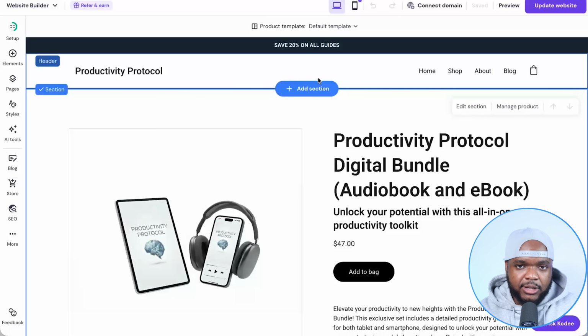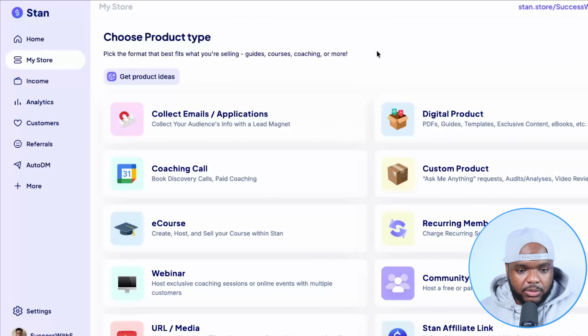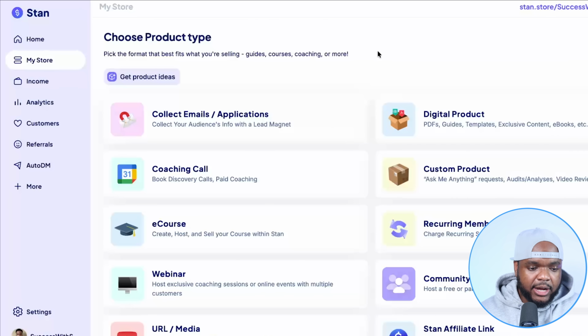sort of an info related product, is going to be StanStore. So I found StanStore to be really beginner friendly. Literally, when you go onto it, you're going to be able to get a 14-day trial. And if you wanted to list any one of these different types of digital products, you're going to be able to simply do it. I'm going to leave all the information for StanStore down below when it comes to being able to use it in the most effective way and how to build the best type of digital product for